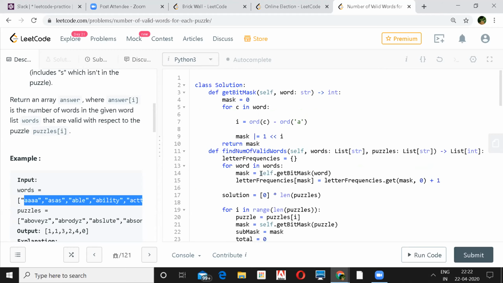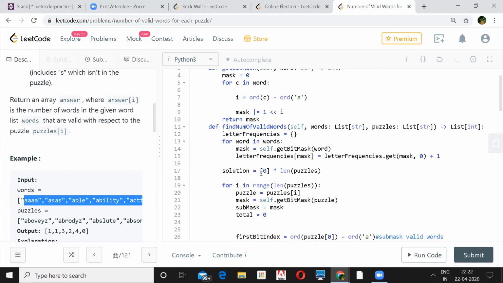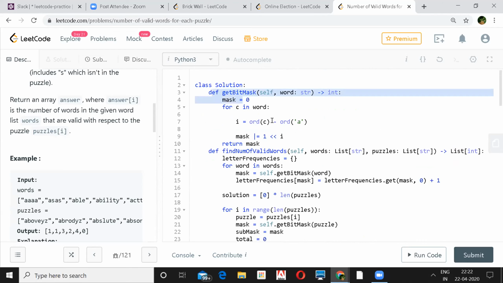Oh, so you're going to make a bucket using whatever mask you created, right? Yeah, the mask will be the key, and the words having a similar mask will be put in that bucket. This is what Gaurav said: to get the mask, you convert each character to its ASCII value, perform a left shift, and then do an OR operation, and it will return the mask for every word.